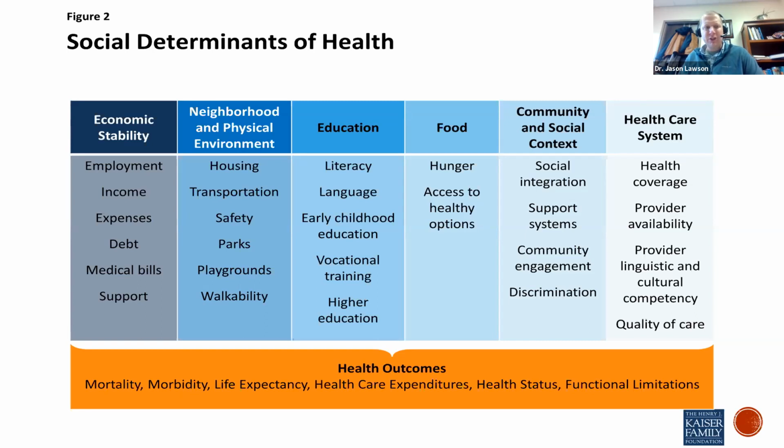And I have another slide showing a really big issue with this piece, which then stems into quality of care. Okay, so all of these things are considered social determinants of health: economic stability, neighborhood, physical environment, education, food, community and social context, healthcare systems. And so when we think of social determinants of health, and we look at how our social services is set